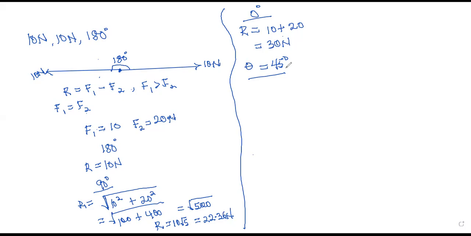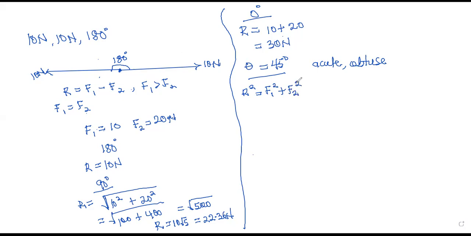Valerie, I'm not convinced. So here, you see, the angle is acute. When the angle is acute or obtuse, use the cosine rule. So the square of the resultant must be equal to f1 squared plus